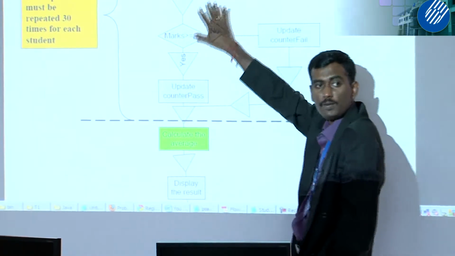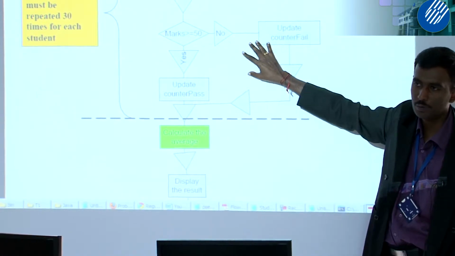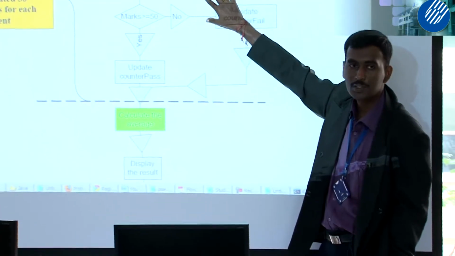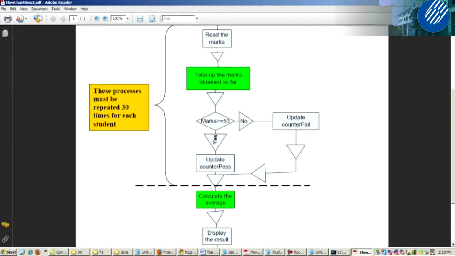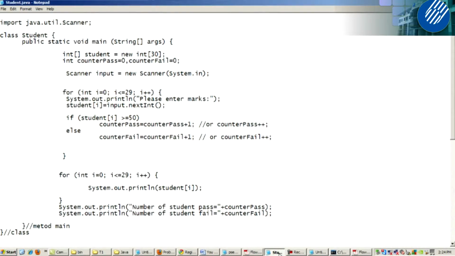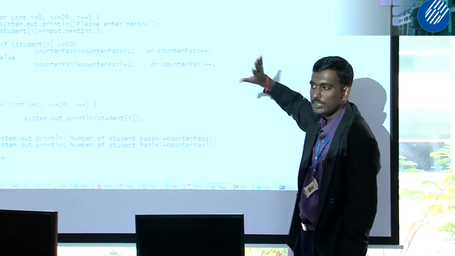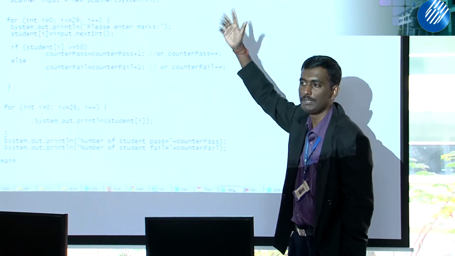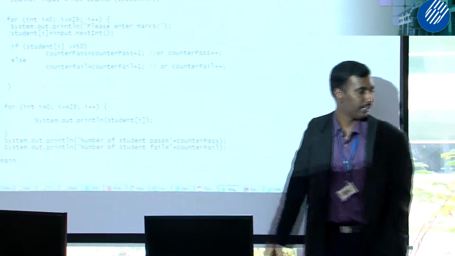Okay, so don't worry, I will upload this in MyVLE under Topic 1, okay? So based on this new flowchart, you try to develop the new code. When you develop the new code, basically you can use the same student file. But if you don't want to disturb this file, you just save it as Student 2, or give it another name, so that you won't disturb the flow here.